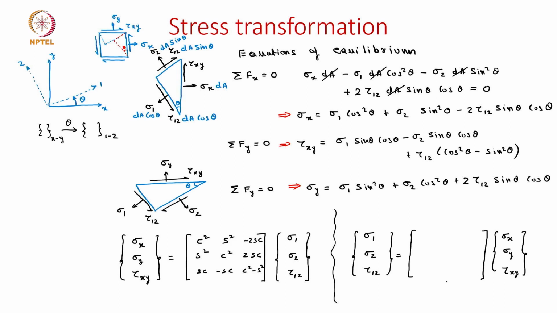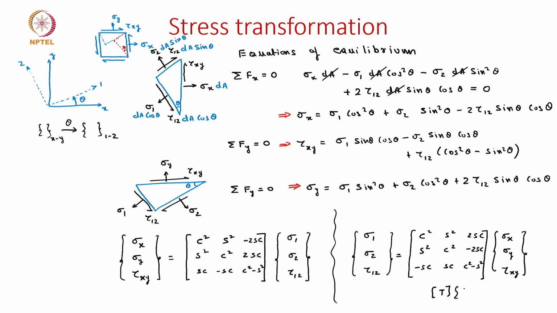But how do we get this 3 by 3 matrix? We simply need to inverse this original matrix we have here. That turns out to be cos square theta, sin square theta, 2 sin theta cos theta, and sin square theta, cos square theta, minus 2 sin theta cos theta, times minus sin theta cos theta, plus sin theta cos theta, and lastly cos square theta minus sin square theta. So, this 3 by 3 matrix we will now call the transformation matrix T,